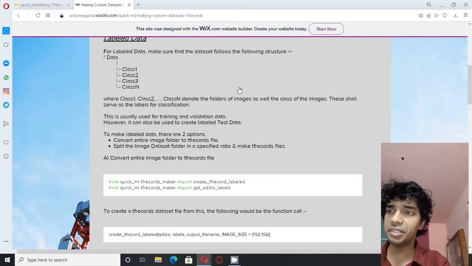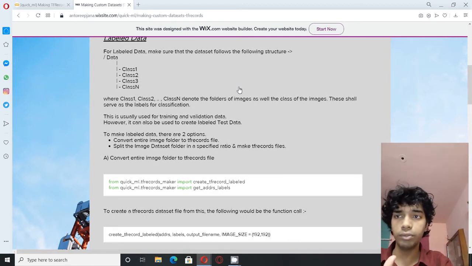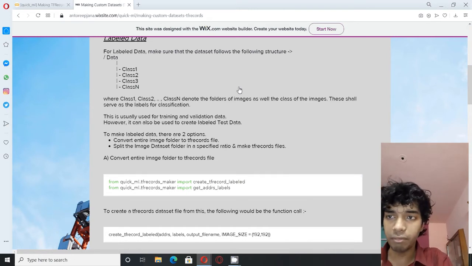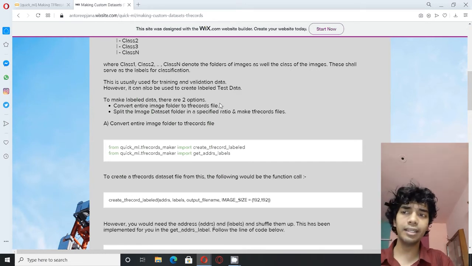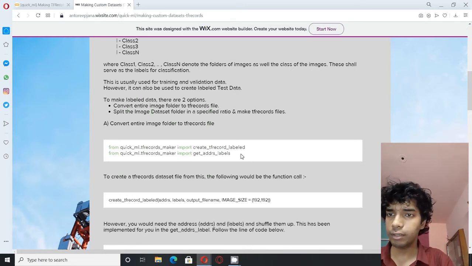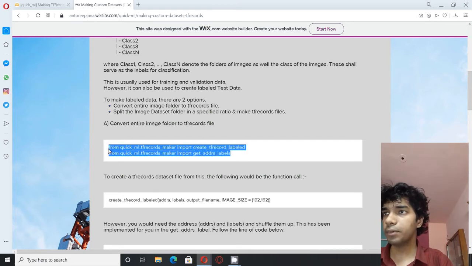If there is any deviation from this, you might get an error, or if you do not get an error, you might obtain weird results. In either of the two cases, I should not be the one to be blamed, right? So let's begin. For converting the entire image folder to a TF records file, just do the necessary import.